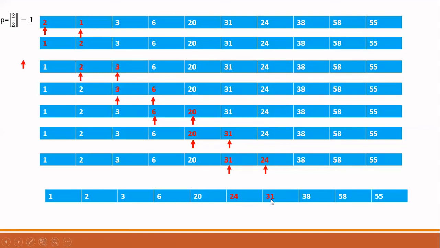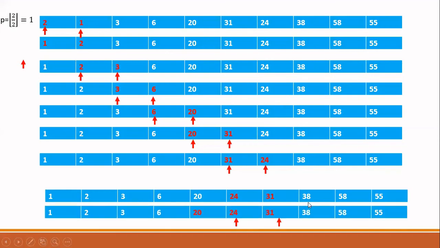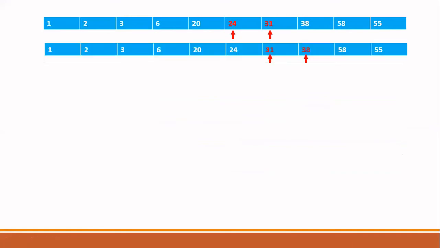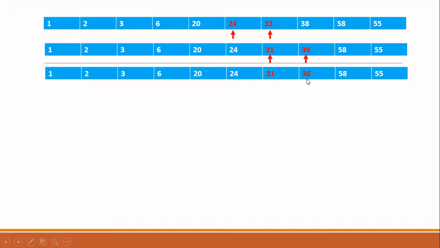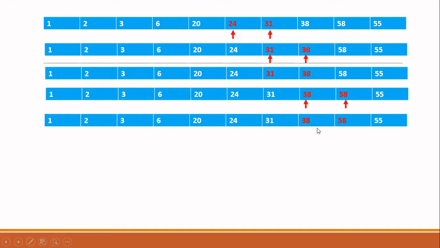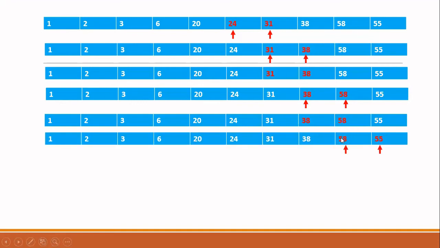That is, I will move from this 31 to 38. Okay. So now this is my pointer position. Now I have to update the pointer. Okay. So I am moving, just writing the same thing when I am continuing to the next slide. So I am going to move the pointer from 31 to 38. Next I have to compare 38 with 21. There is no need for any swapping, so update the pointer. Okay. So I am going to update the pointer from this position to the next position. So I have to compare 58 and 38. No need for any swapping. Update the pointer. Okay. So I am now comparing 55 and 58.